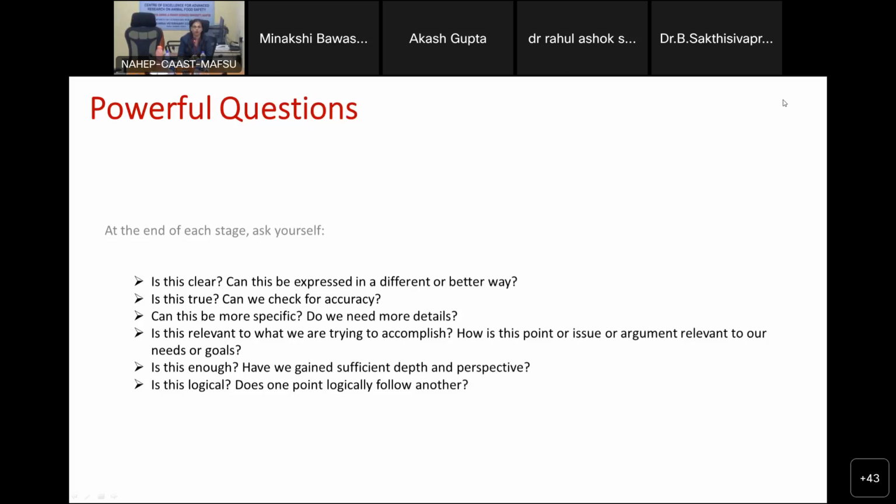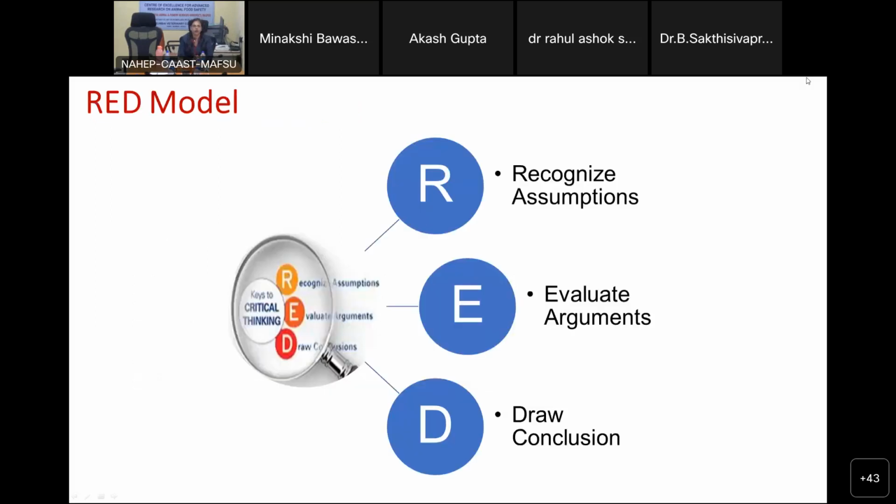Okay, so what do we do? Are there any tools? Are there any frameworks to understand this critical thinking and go to decision making? What is the scope of this subject and how do we do it? So this is one, the RED model. So R stands for, what is R? Recognizing assumption. And E is,